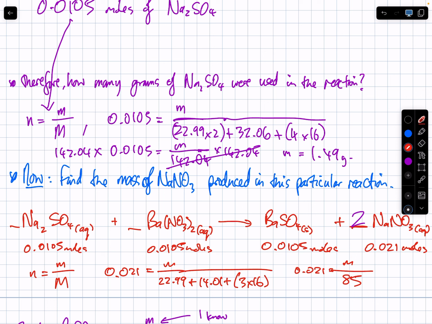What's the opposite of dividing something by 85? Timesing it. 85 times 0.021 is going to tell me I get a mass of 1.785 grams of that stuff. So it's not as simple as just doubling this, because does an amount of substance always have to weigh the same? I don't know what the substance weighs. Okay, this is probably less dense. I think you do need some